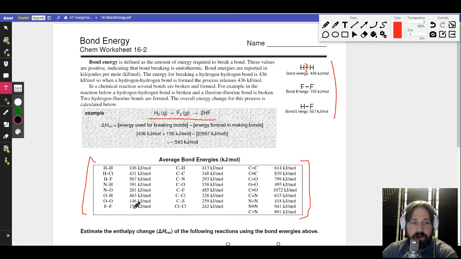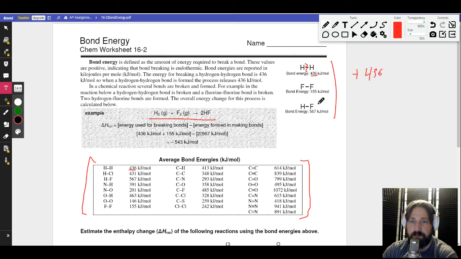And you can go through and look up the H-H here. Found it. They even wrote it right here for us. So we know that I'm breaking this. Energy is going to have to be put into the system for me to break it apart. So this is going to be a positive